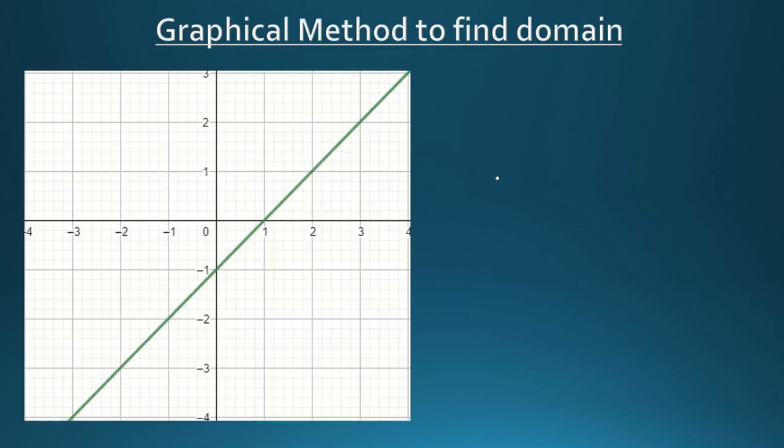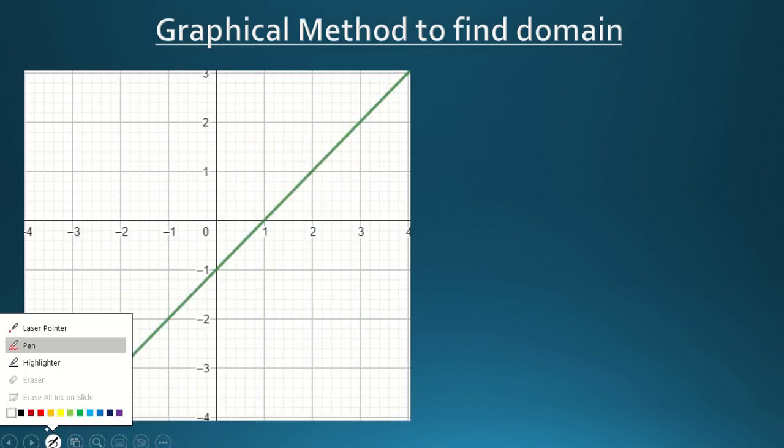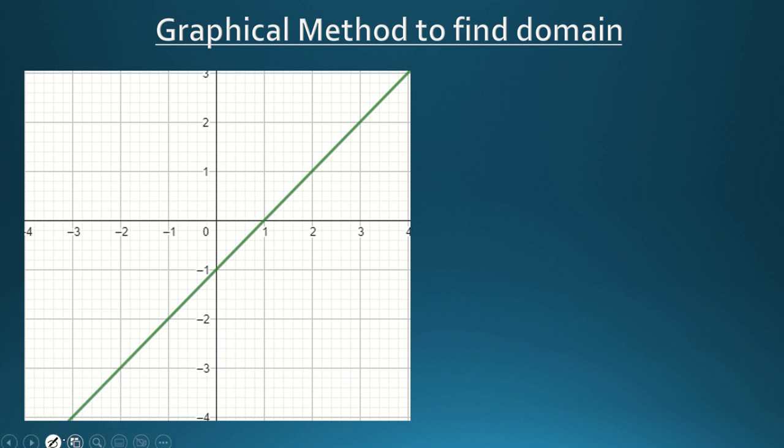Okay, now for example, if we want to find the domain of this function, what you can see here is that this function is defined for all values of x, because this is a line. Is there any part in the graph where the function cannot be defined for x? There is no such part. See here, from here it can go down also, and it is going up also without any problem. So what you can see here, its domain